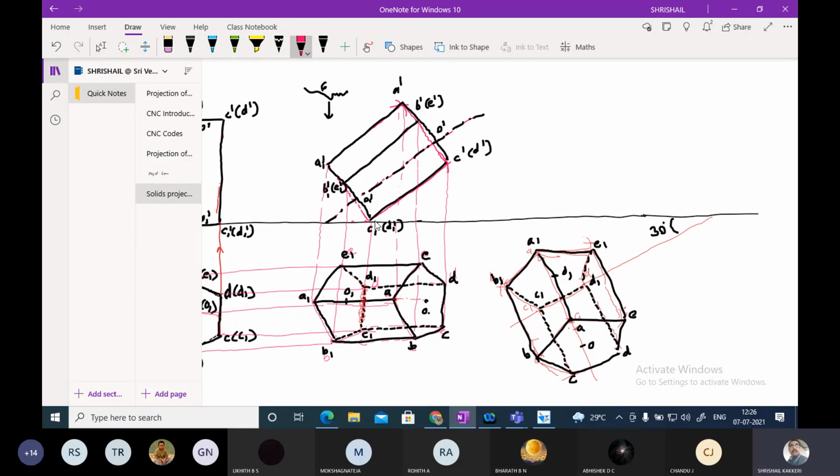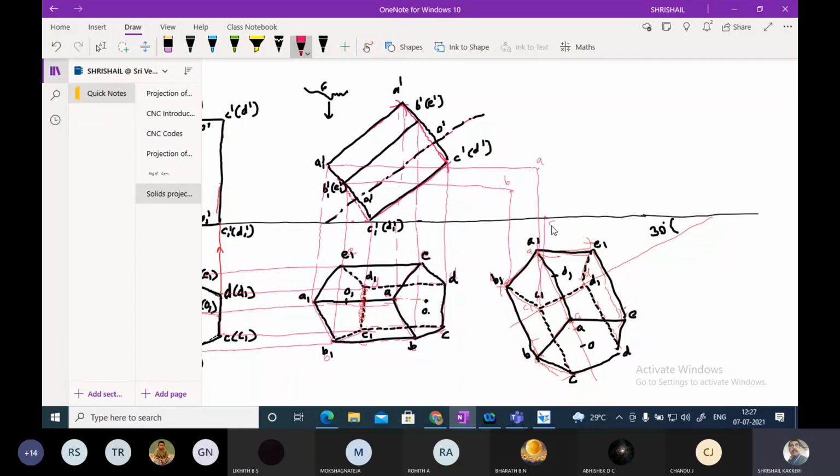Okay, from A to A. This will be point A, and B and B. So this is point B, and C and C. C is on this, and you can see here, this will be point C. It may be coming this side or this side, we don't know.